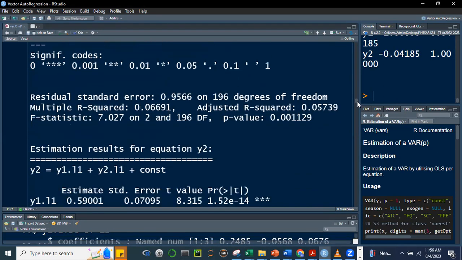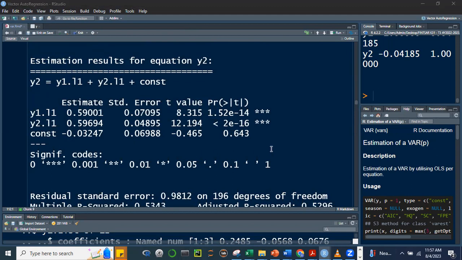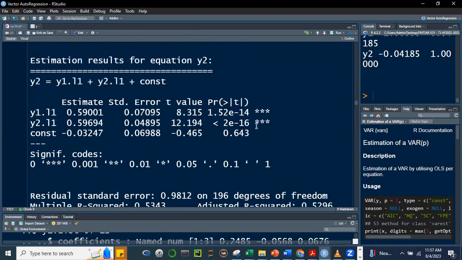On the other hand, okay, si y2 naman, may constant din dito, still significant pa rin. Okay, and the constant is not significant. Okay, so whether you use the without constant or constant, actually it doesn't matter naman masyado kasi this is not anyway another variable. But strictly speaking, tingnan natin